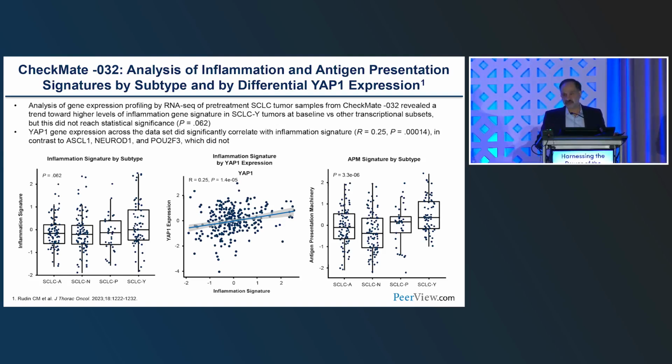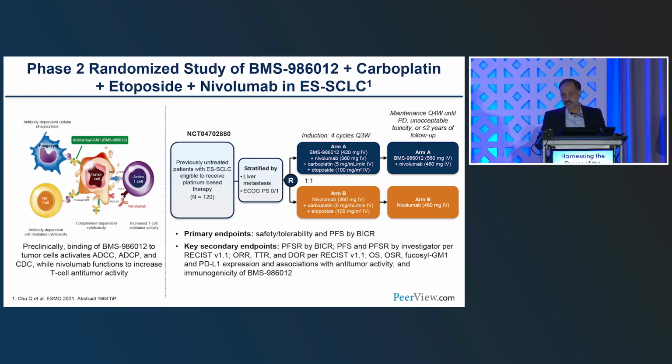Also, mechanistically, I'm not sure we have an explanation as to what YAP1 necessarily does, but the immune infiltration signature is a little bit more expressed in the YAP1 positive tumors. So this data is going to percolate a little bit more. I'm sure we're going to see additional studies, and I'll be interested to see if my colleagues think this is ready for prime time, so to speak, meaning are we ready to actually pull the trigger on a clinical trial where we would select patients for an immunotherapy approach in small cell lung cancer based on the inflamed or the YAP1 positive